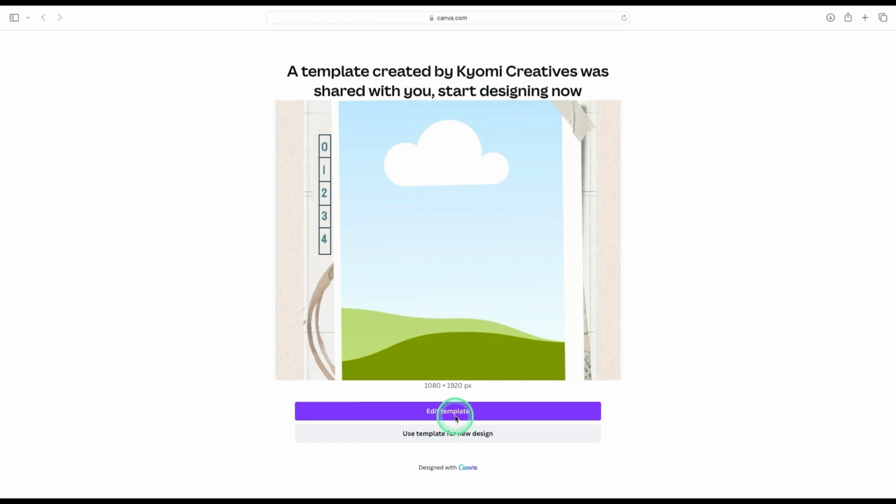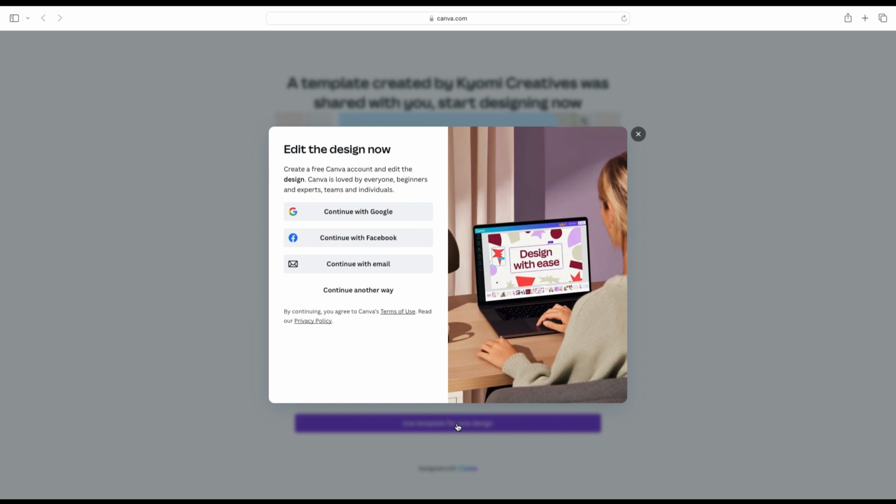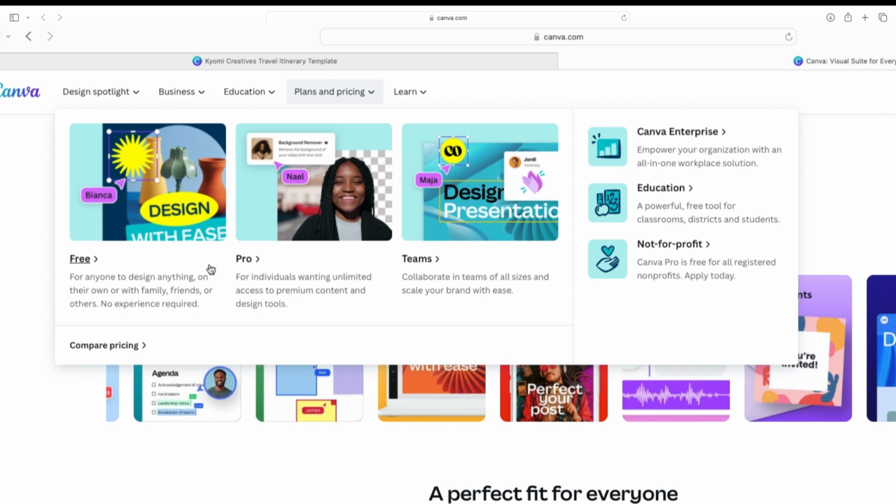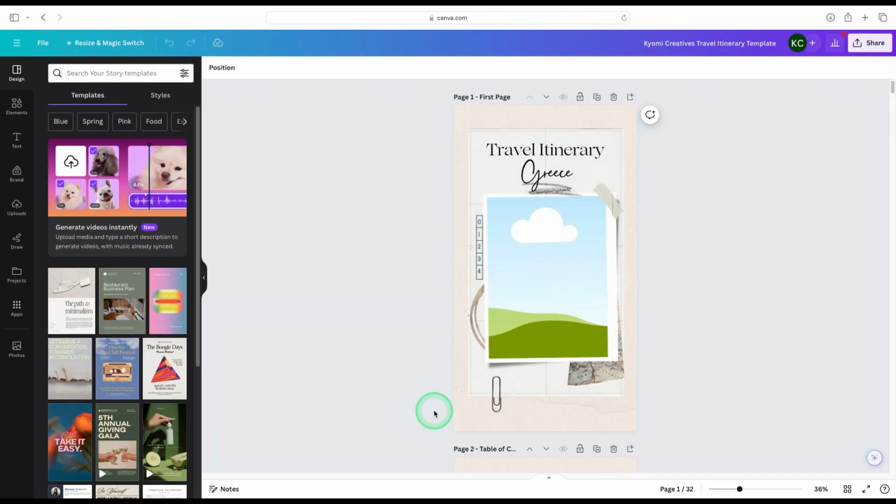If you already have a Canva account, it will prompt you to sign in. If you don't have a Canva account, you can sign up. There are a few types of Canva accounts. There is a free one and others are paid. In order to customize this template, you can use the free version. Once you've signed in or created an account, it will bring you to the itinerary template, and this is what